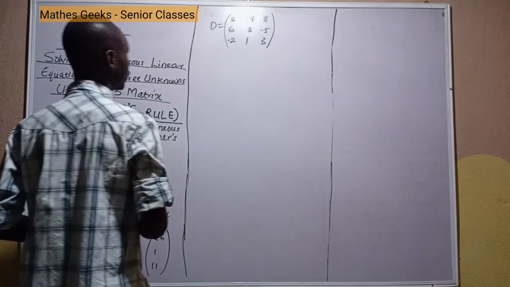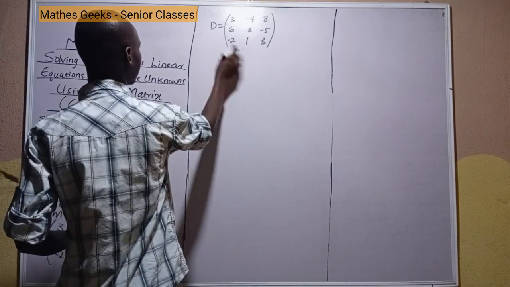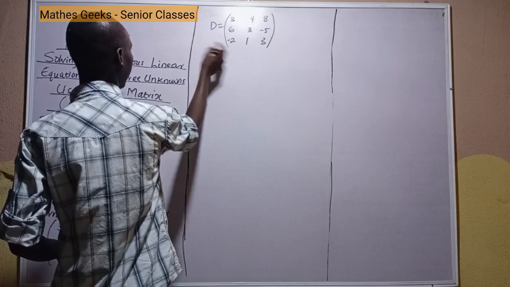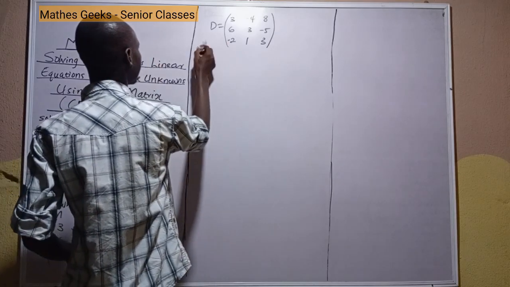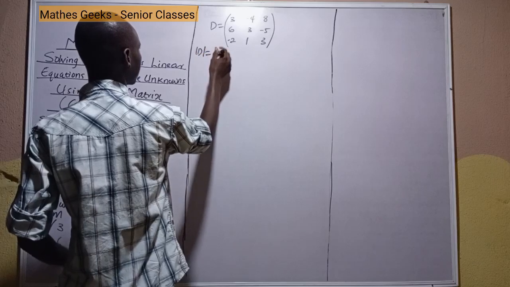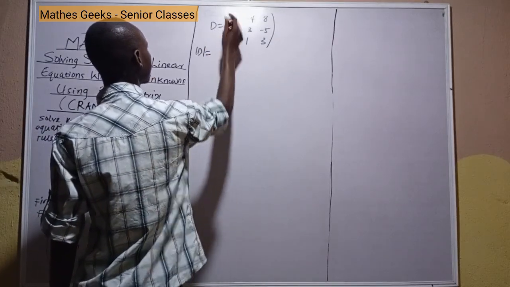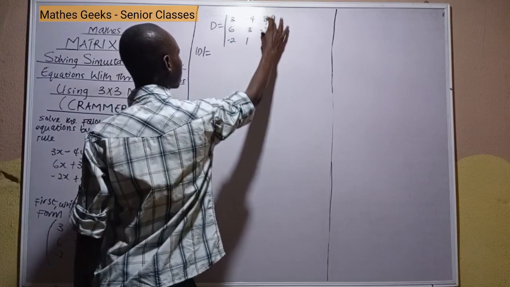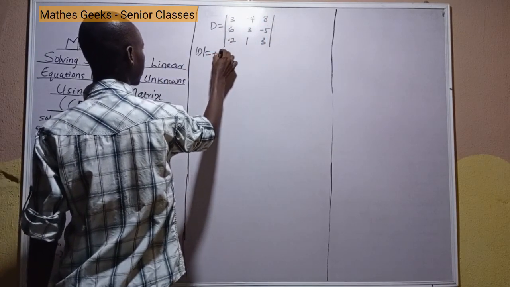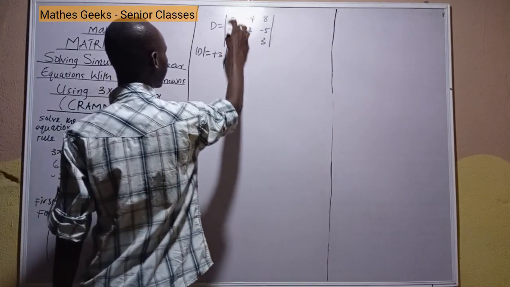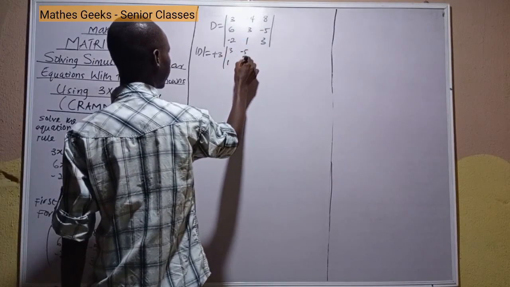So look at the determinant. The determinant of D is equal to, by cofactor expansion, 3 times the first row, first column minor, 3, 1, minus 5, 3,